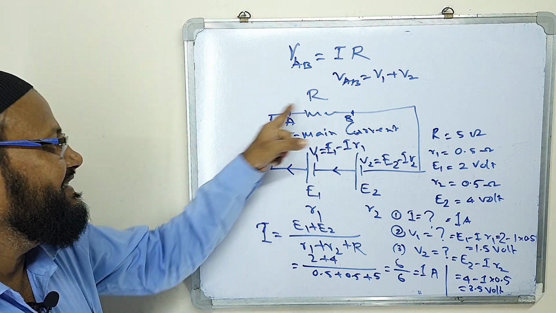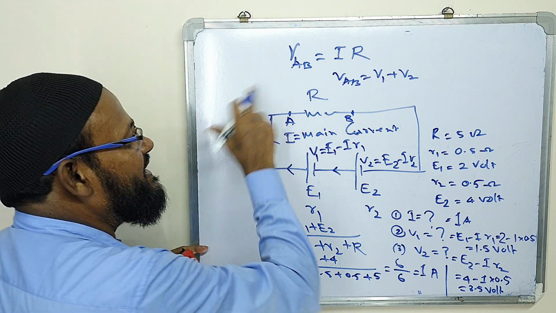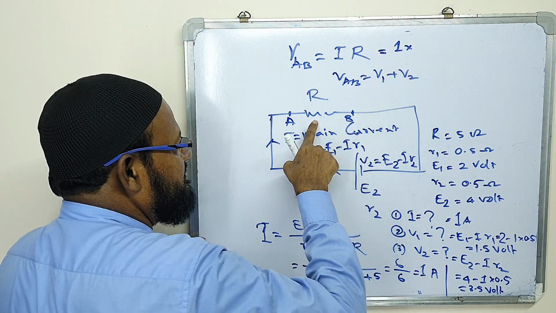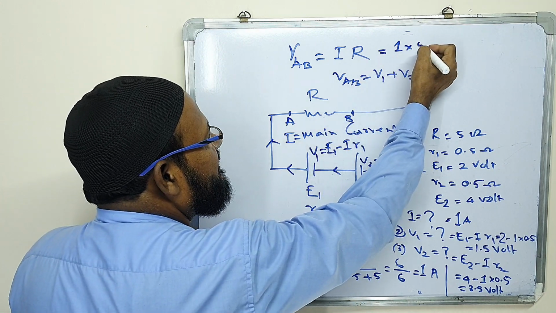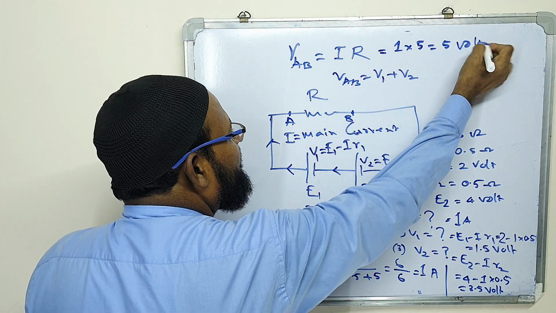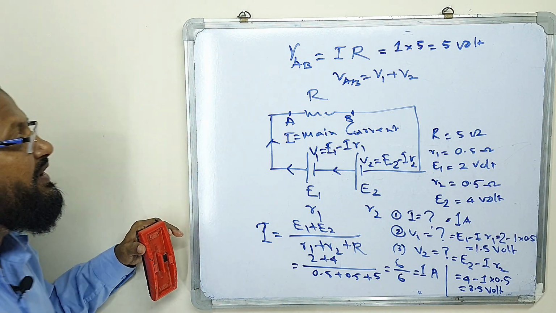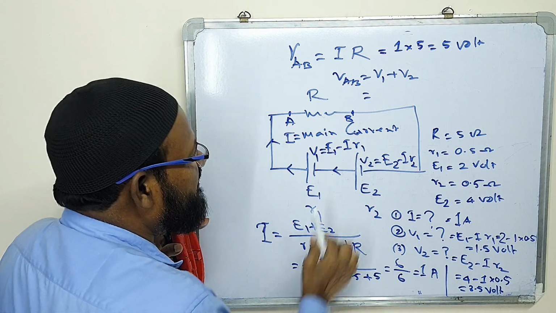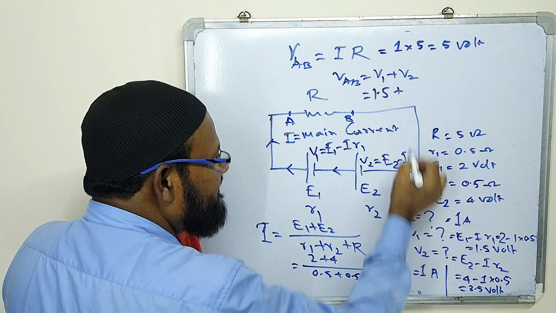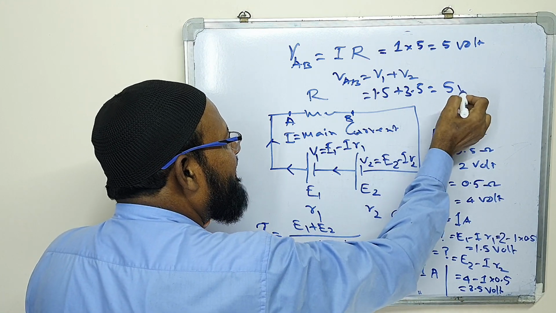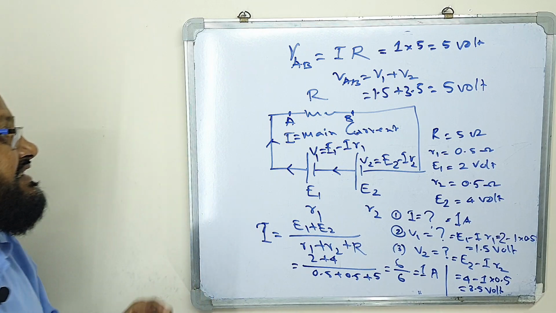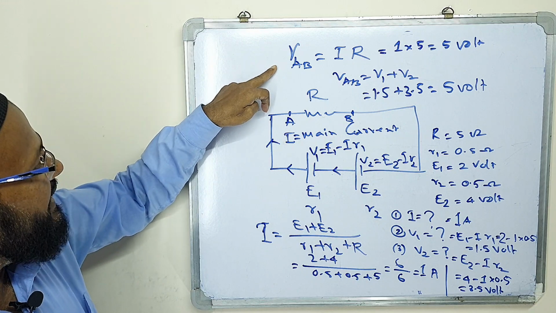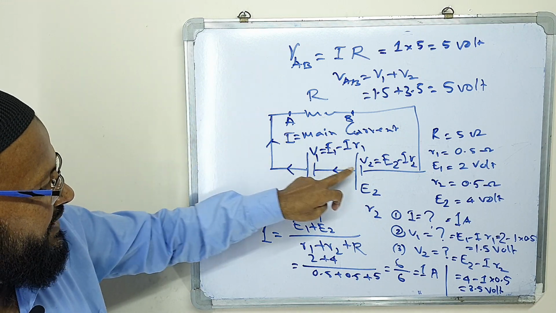Suppose here, please see, what is this VAB? Sir, this VAB is equal to I R, I is equal to 1, R is here, sir, 5. What is this? This is 5 volt. Okay. From here, V1 is equal to 1.5 and V2 is 3.5. Please see, again 5 volt. Therefore, we can say VAB is equal to I R and the same VAB is equal to this potential difference plus this potential